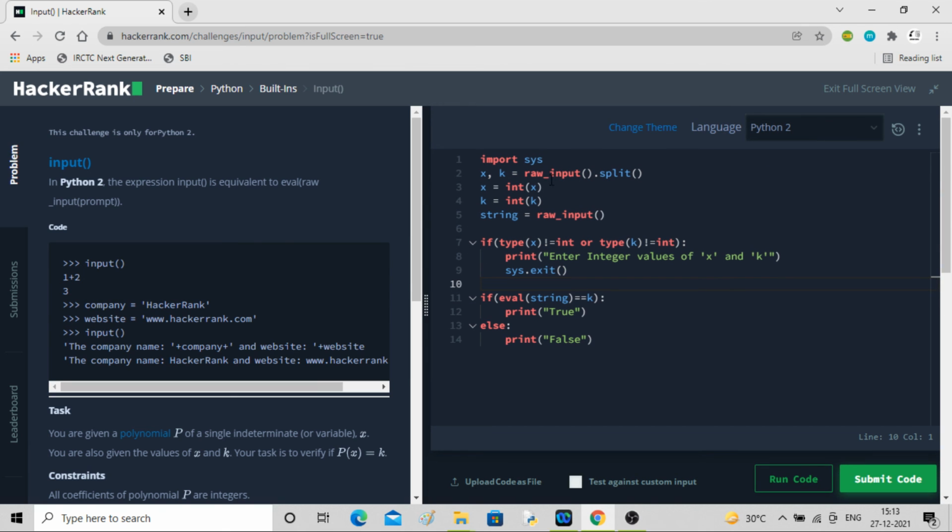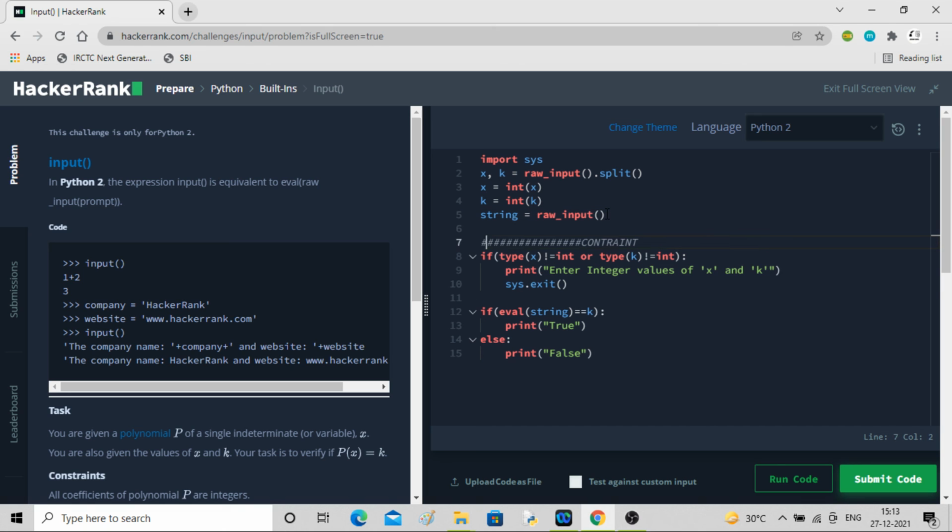Okay, so the main part is done. We had to use raw input in Python 2, and you can see it's just a basic if-else condition. I'll write the constraint. So we are done with this problem.